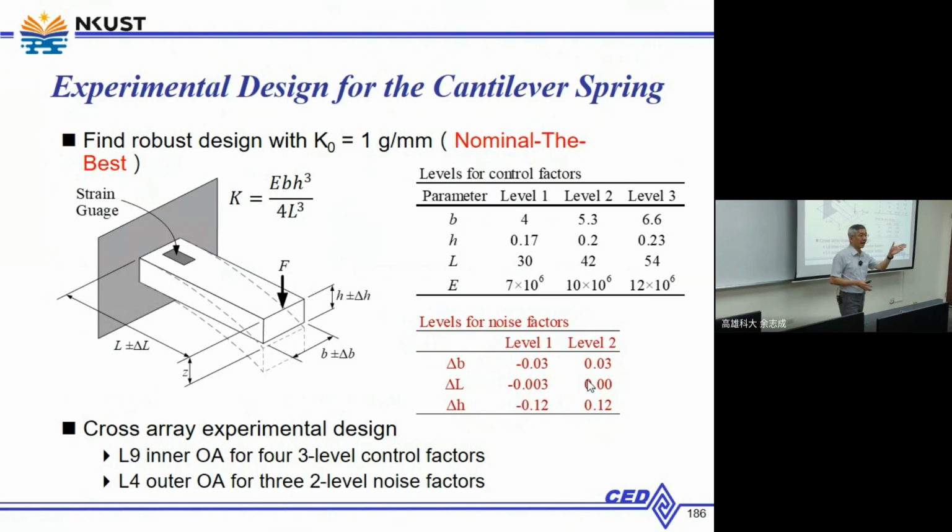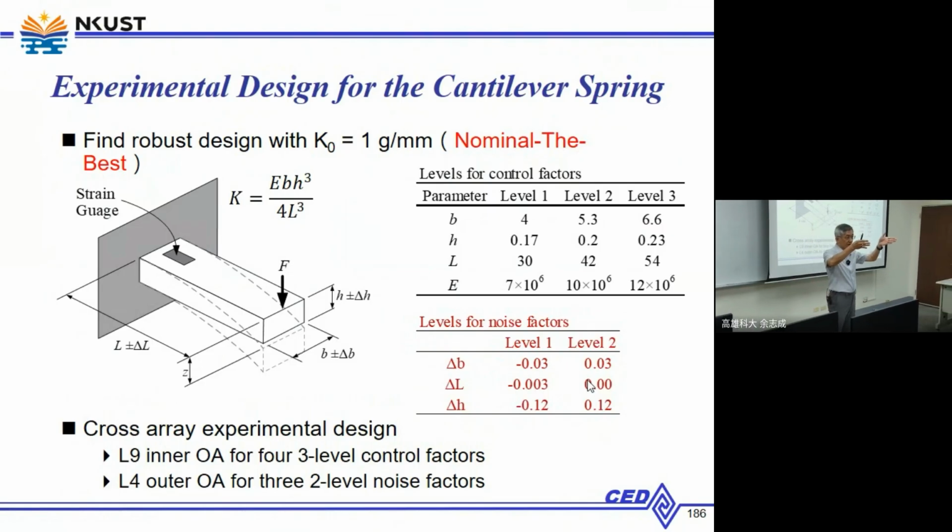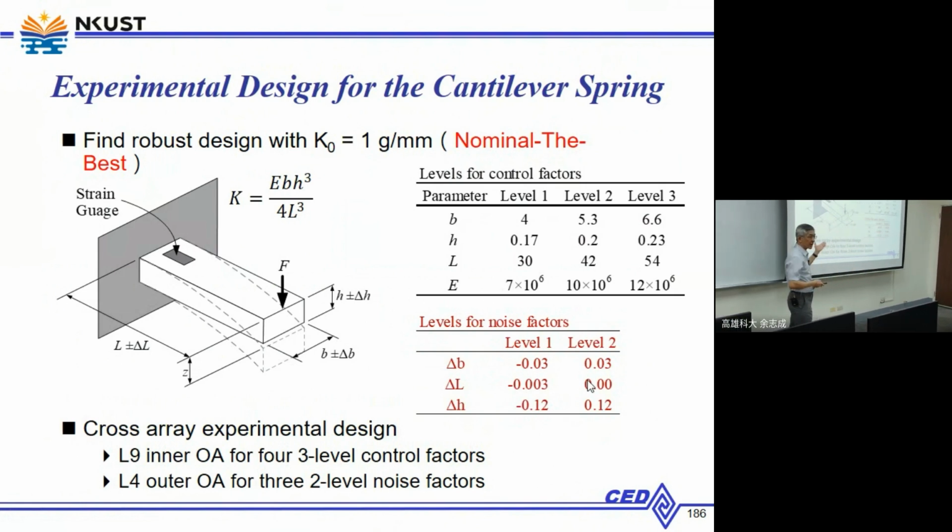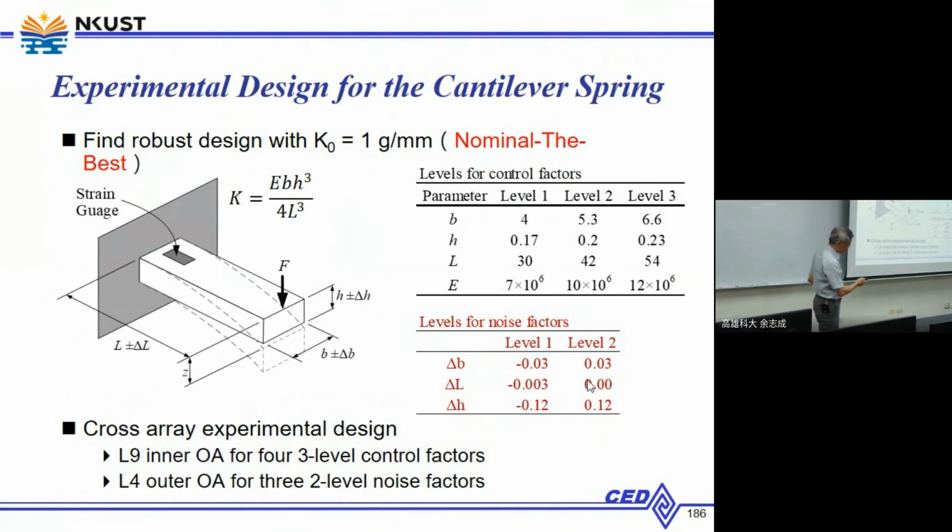And B is the width, and L is the length of the cantilever beam. I assume it will be easier to adjust the length than to adjust the width. So we choose L to be the scaling factor. Here, before we want to,